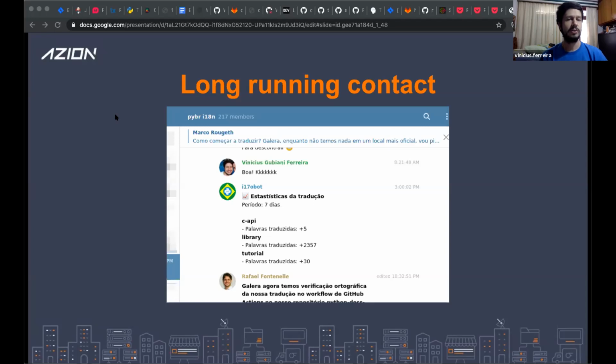Another interesting feature we have on our Telegram group, we have a translation bot developed by one of the guys. It's called i18n bot, which gives us a daily reminder, if you opt in, of course, of text that is not translated from the Python documentation. It also shows us the statistics on a weekly basis to see where we advanced, where new translations came up. And it just got this week a new feature to help new guys to learn how can they participate into